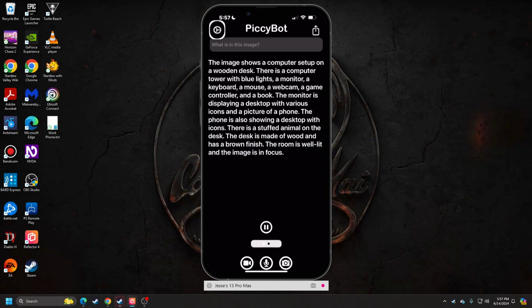The scene before me is one of a meticulously curated workspace. A computer tower, pulsing with a sense of technological vitality, stands as the centerpiece of this carefully orchestrated setup. The monitor, displaying a desktop teeming with icons and a captivating image of a phone, suggests a seamless integration of digital realms. Alongside the tower, a keyboard, mouse, and game controller lay poised, ready to facilitate the user's